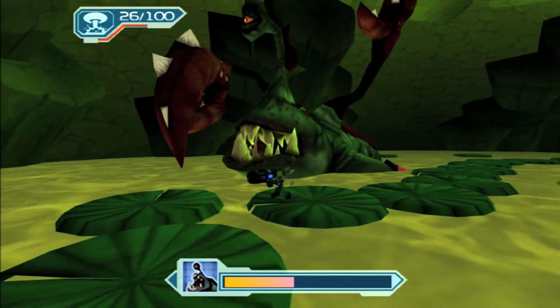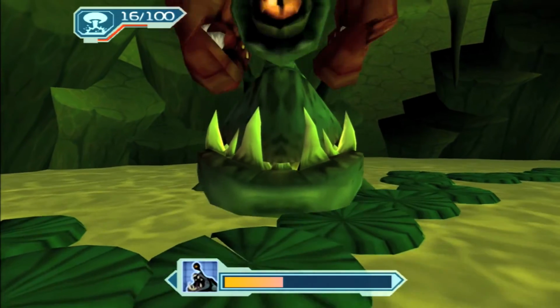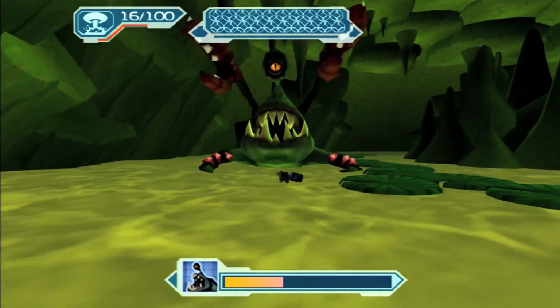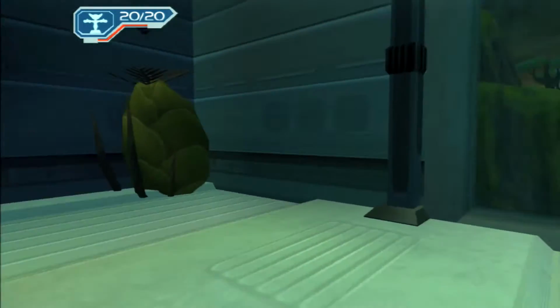So, you know, I'm doing okay at the moment, but yeah, I fuck up eventually. I miss a jump, and he gets the... yeah, here we go. Gets the instant kill on me. There is a much easier way of being able to fight this thing on challenge mode, which I'm going to show off now. What you want to do is go around the corner from where the ramp is and find